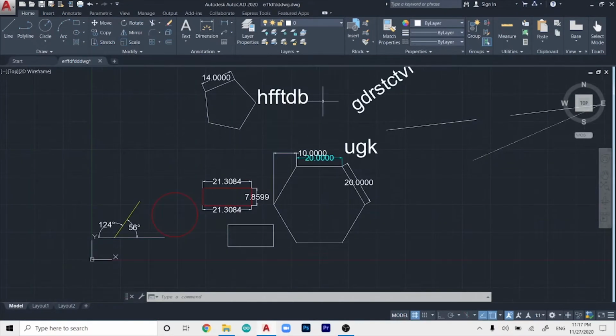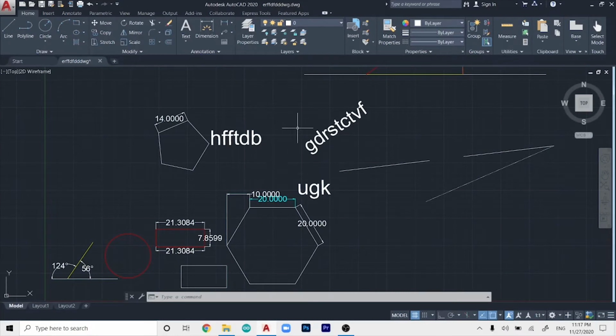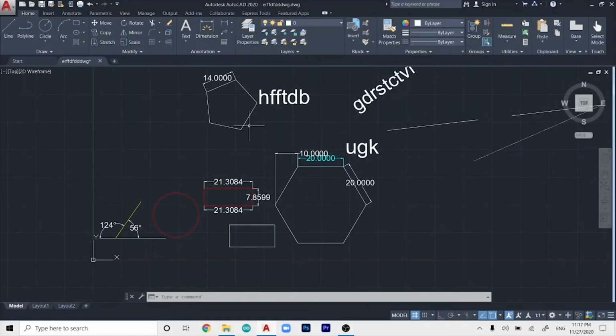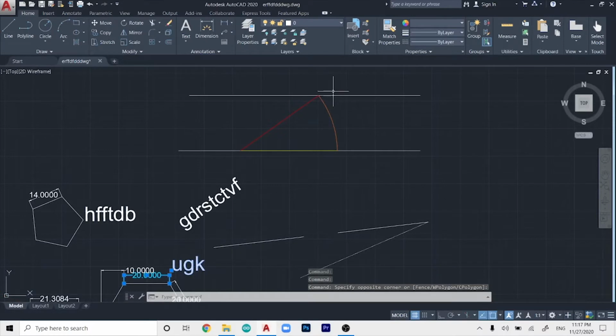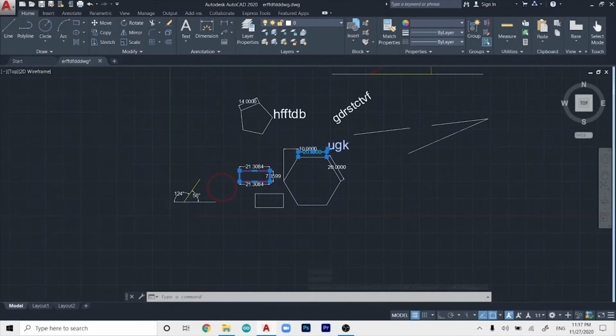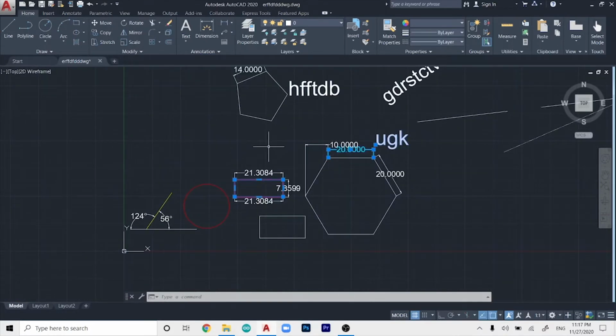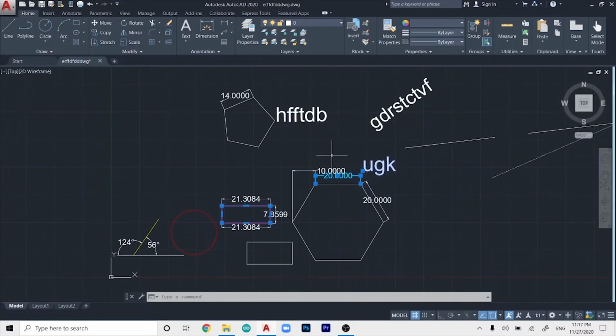So this is our AutoCAD basic series. I will show you how you can make different types of shapes, give them a particular length, give them a name, give them a different color, make a dotted line, make an arc. So this will be a fun series to have, and I will explain what types of things I'm going to do in the following parts. So right now let's start with our first part, which is drawing these different objects.